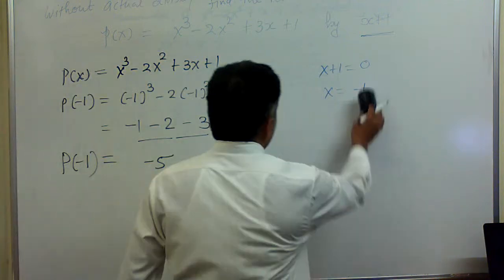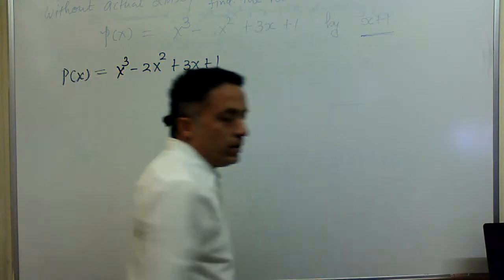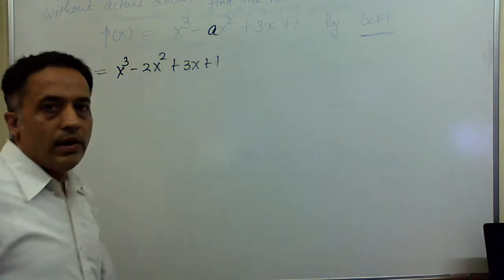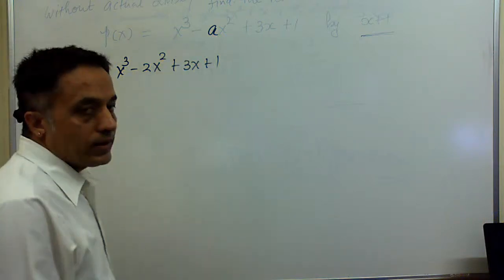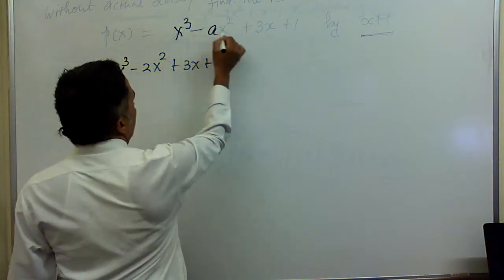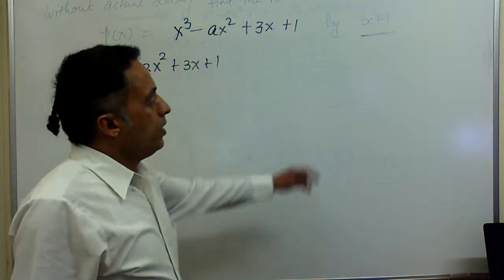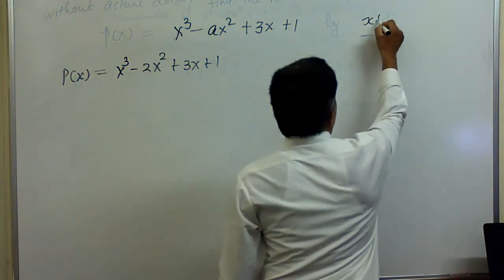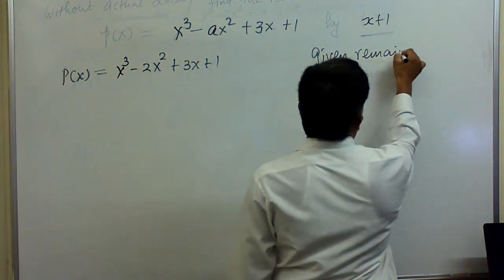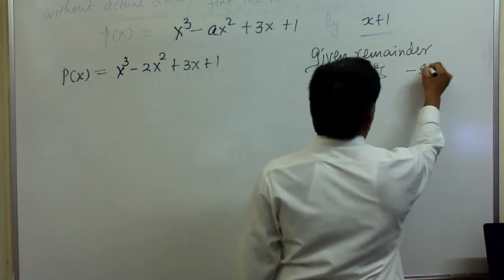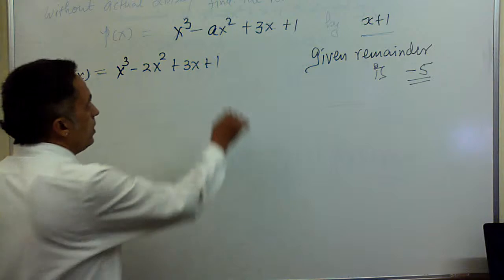Suppose here I am making a little change. So now my polynomial is p of x is equal to x cube minus ax square plus 3x plus 1. When we divide it by x plus 1, our given remainder is minus 5. So dear students, here you will be very much clear that when you have to find any unknown number given in the polynomial, at that time